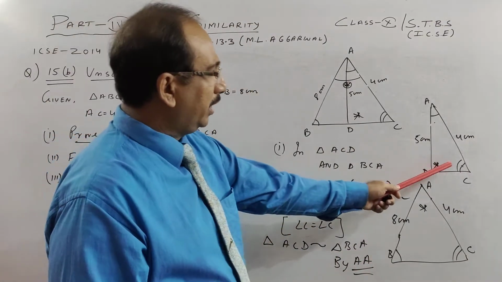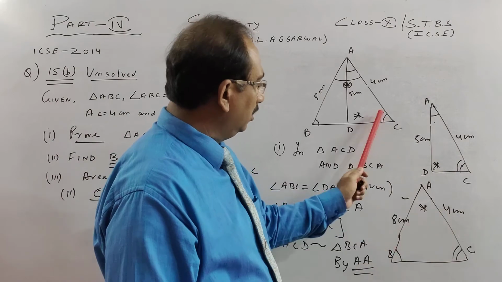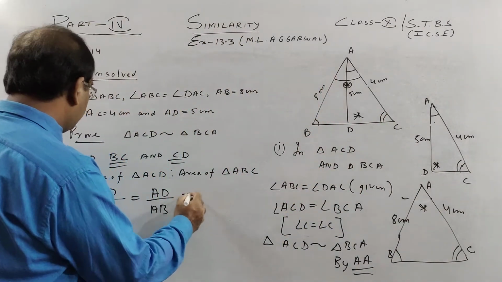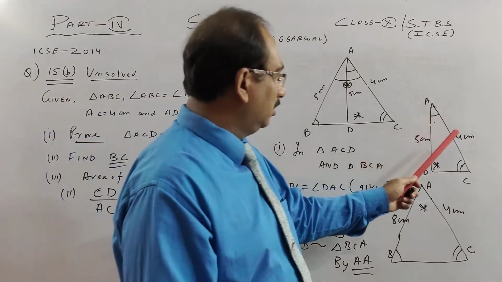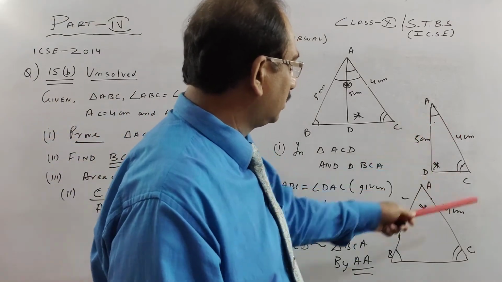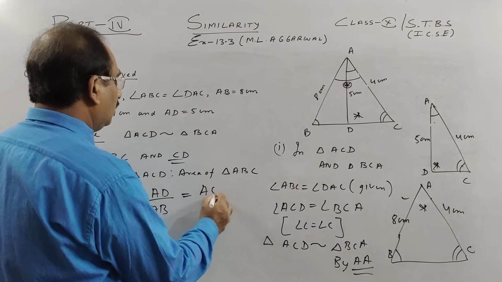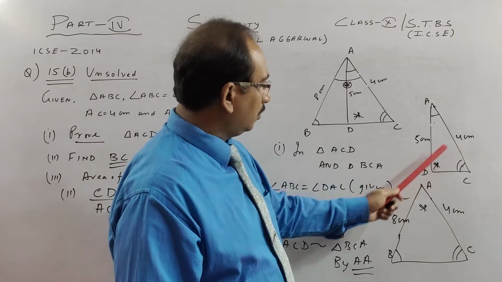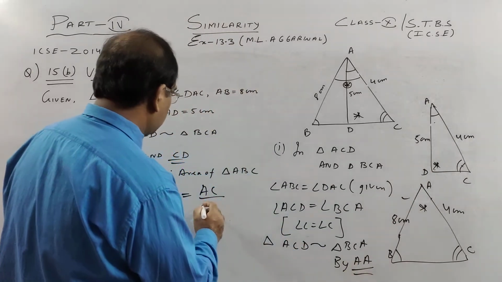So corresponding to AD here, opposite to the common angle is AB. And last one, children, CD and AD we have done. Last one is AC of this triangle. You see, it is actually opposite to which equal angle? This asterisk one. So opposite to the asterisk one here is BC, children.